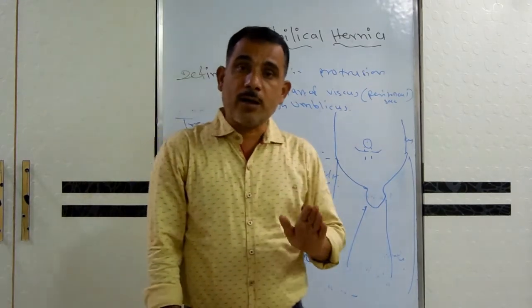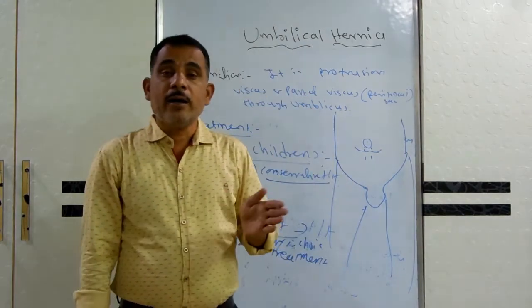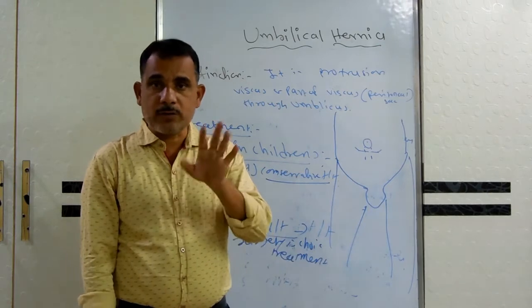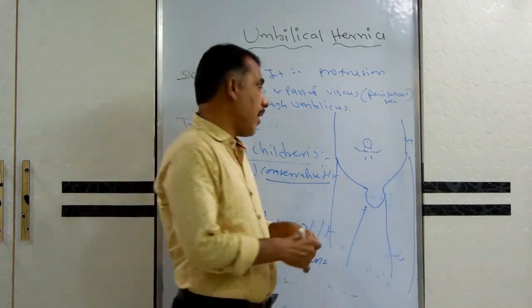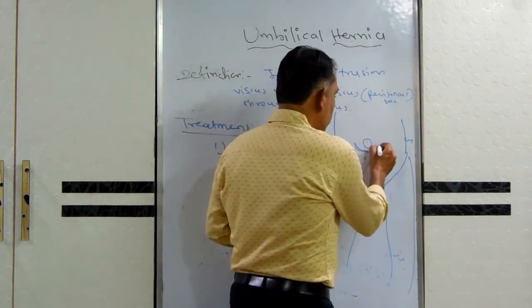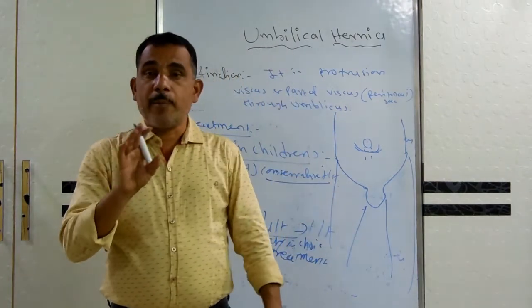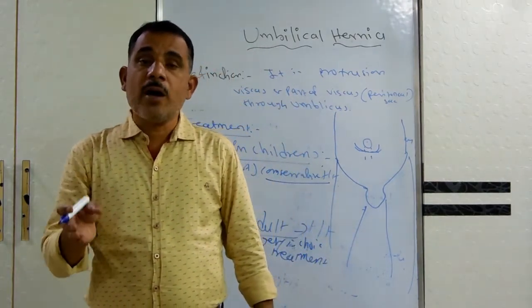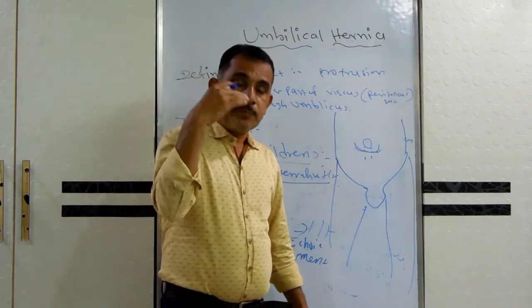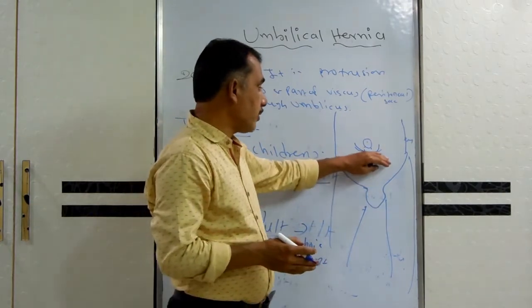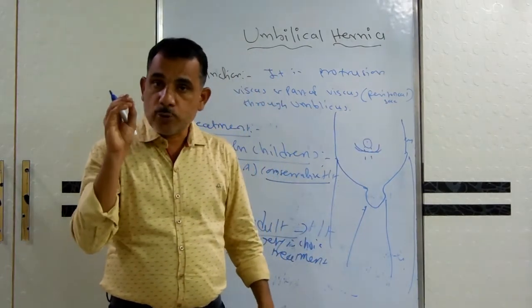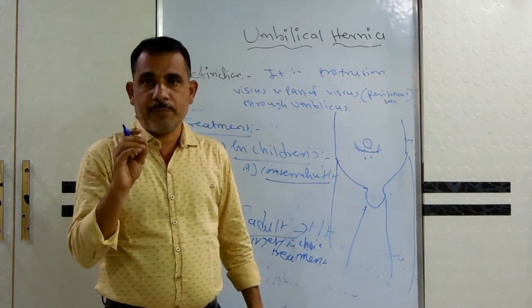Here in case of the adult, the elliptical incision is taken. Elliptical, not transverse. Elliptical incision is taken and the umbilicus is removed. In this case, umbilicus cannot be saved. After taking the incision, you have to cut out this umbilical region and umbilicus, and then see from where the protrusion occurs. Find out the gap.